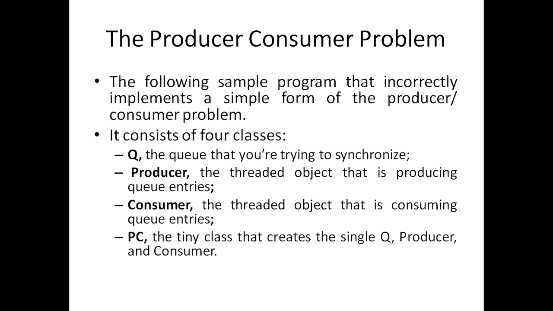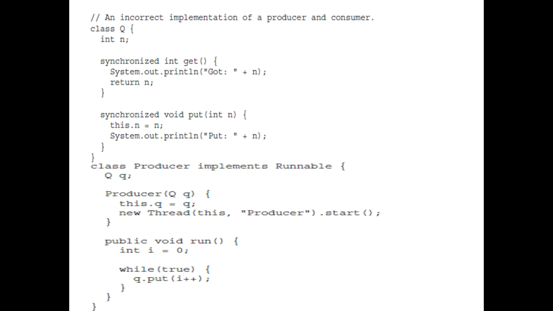First one is Q, the queue that you are trying to synchronize. Then a Producer, the threaded object that is producing queue entries. Consumer, the threaded object that is consuming queue entries. And PC, the tiny class that creates the single queue, producer and consumer. So here is a